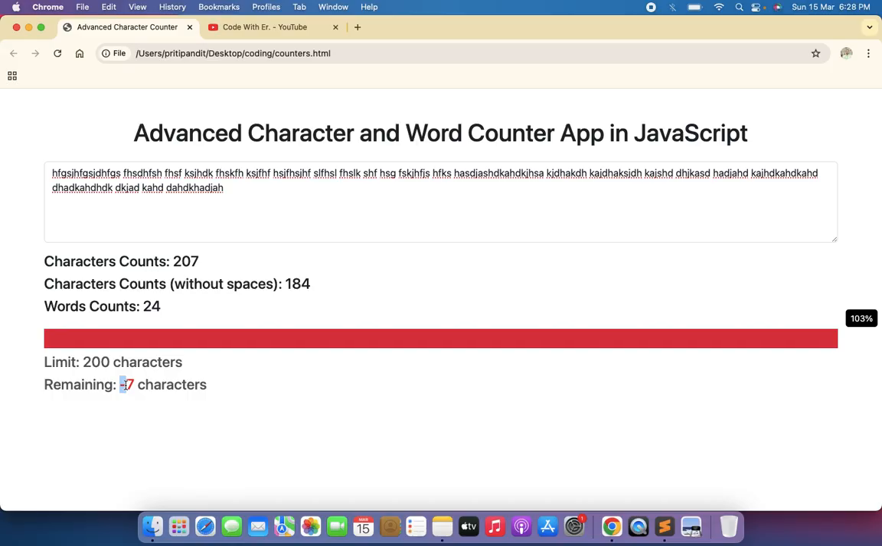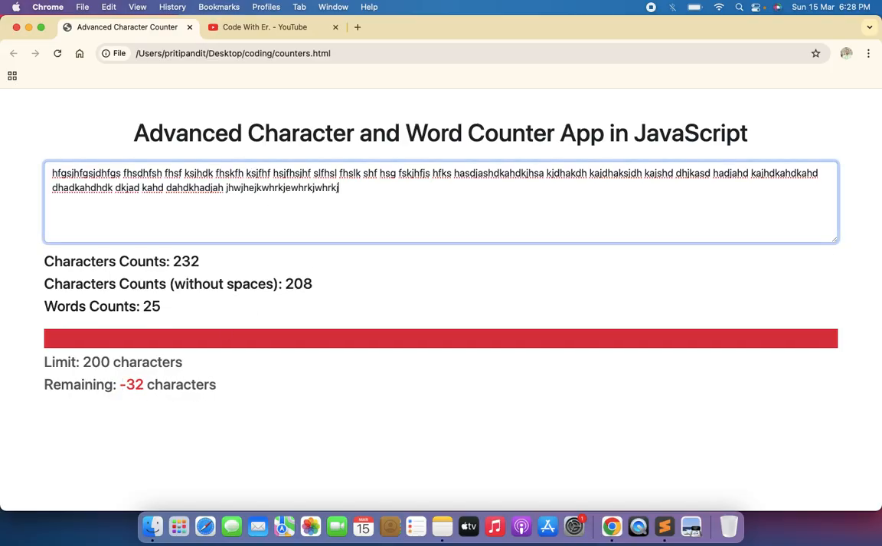So guys, these are the functionalities of this advanced character and word counter app I have built using just vanilla JavaScript. I hope you have now understood what this app is all about, and you are now excited to learn to build this application on your own after watching this session. So guys, now let's get started and let's build this application using just vanilla JavaScript